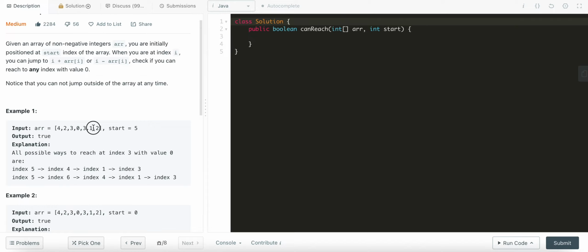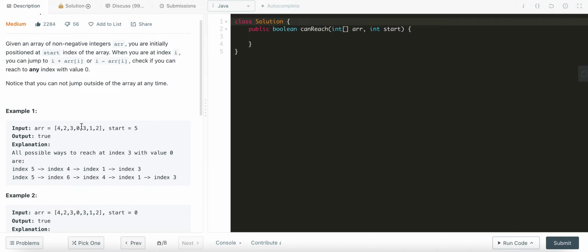So from index 1, we can either jump to 2, that is 1 plus 5, or i minus arr[i]. Here we will reach 2, here we will reach this 3. Then from here we cannot jump forward, but we can jump backward 3 positions, then forward 2 positions,